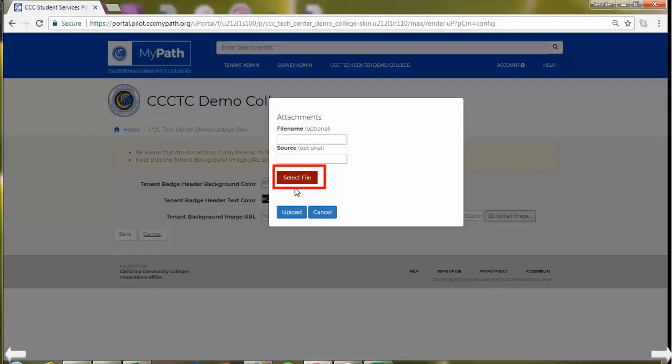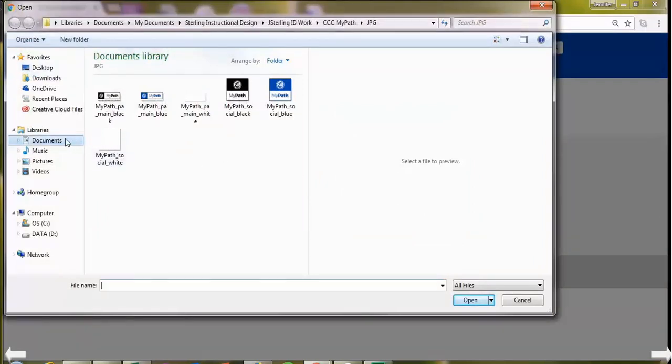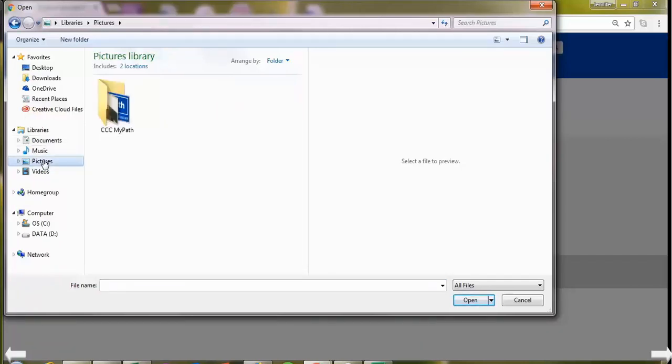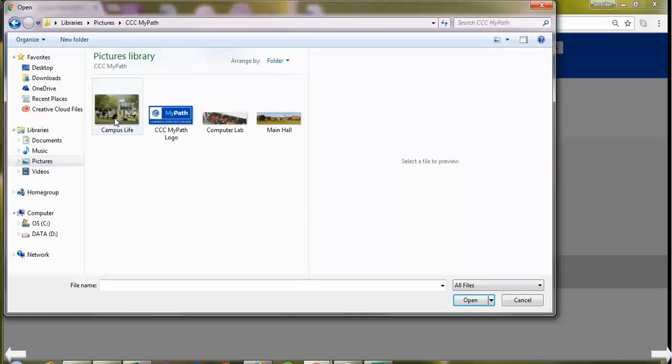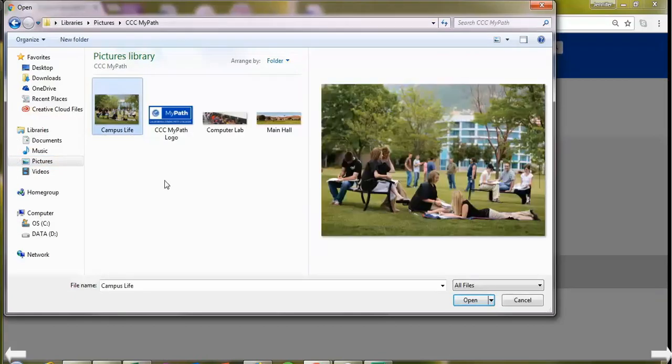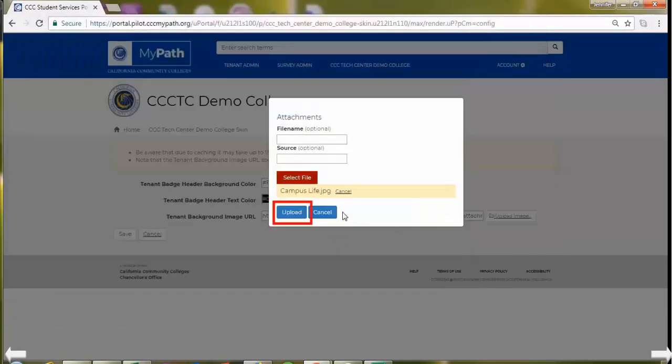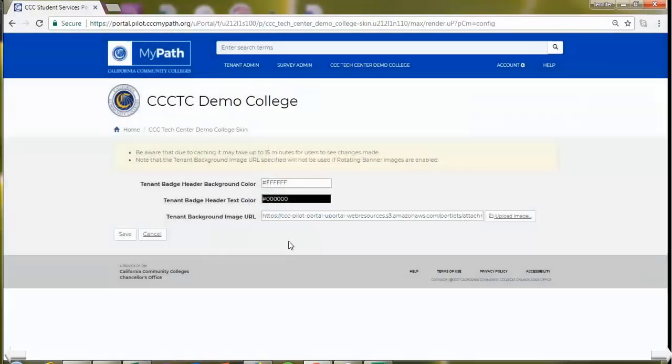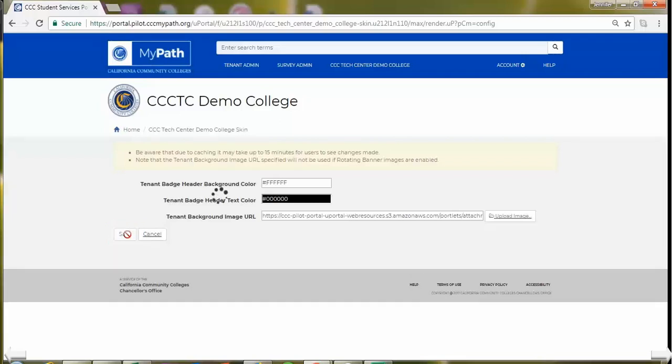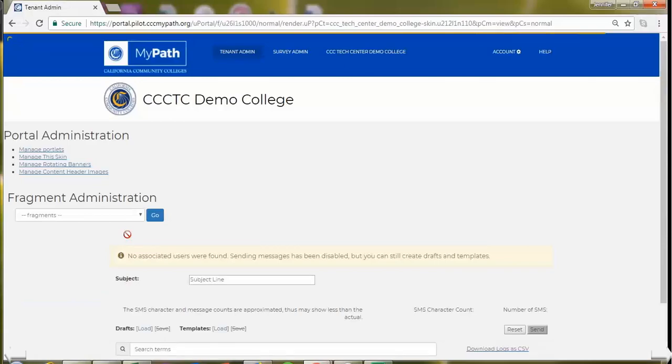Next, click the Select File box to open your operating system's file browser, navigate to and select the image file we want to use for our college portal's background. For this tutorial, we'll select the Picture Library, the CCC MyPath folder, and the Campus Life photo. Click Upload to upload the image. The Attachments dialog box will close automatically once the file uploads successfully. Click the Save button to save the changes. We can then close the Manage this skin screen and return to the Tenant Admin tab where our new background